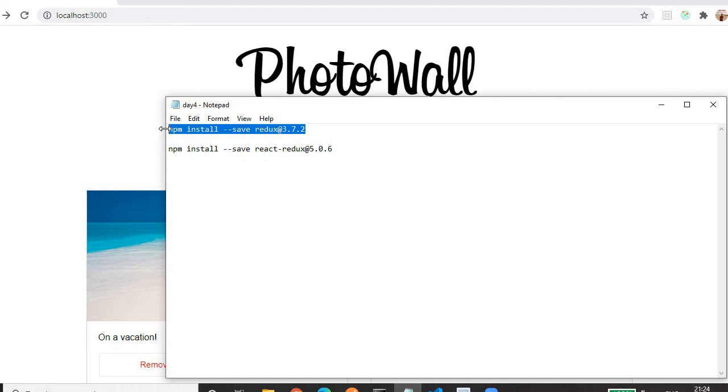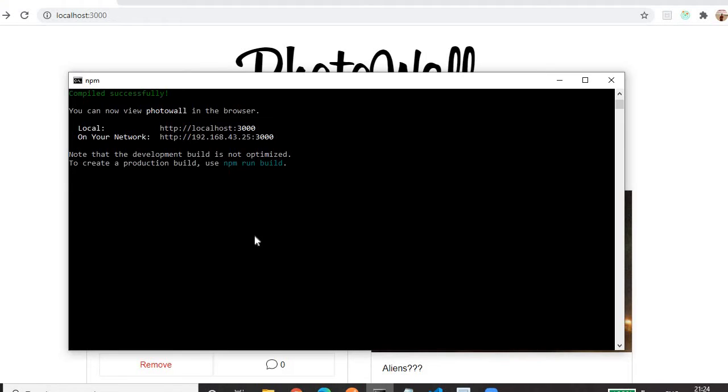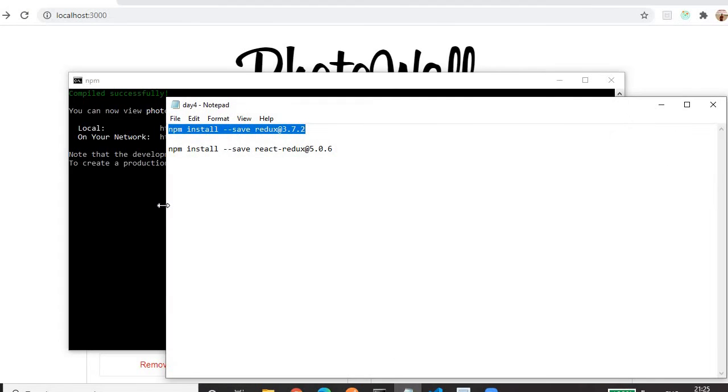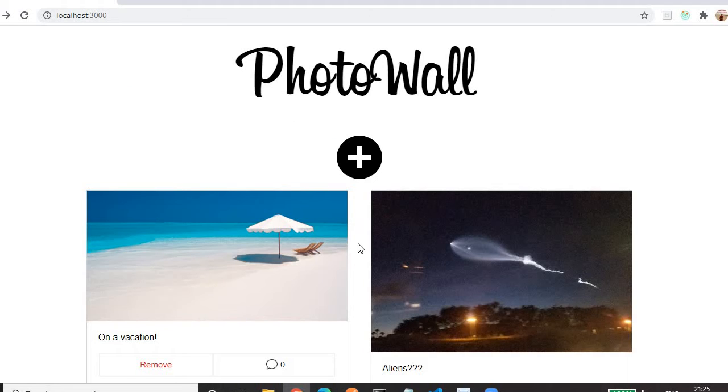Copy this command, go to your node.js command prompt, and paste it here. For that you have to stop your server. You know how to stop the server by pressing the Ctrl key. And just make sure while executing this command you are in your project path. I already installed these two, and it will take a couple of minutes, so to save our time, I already have them installed.